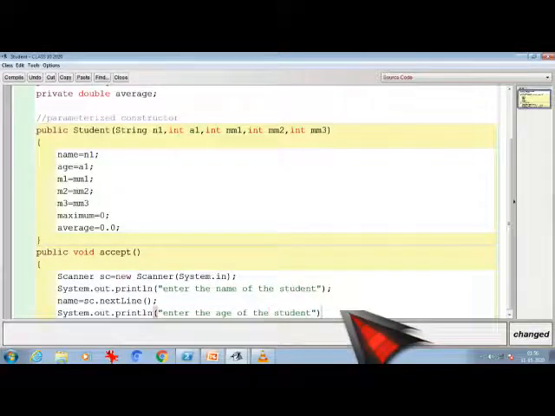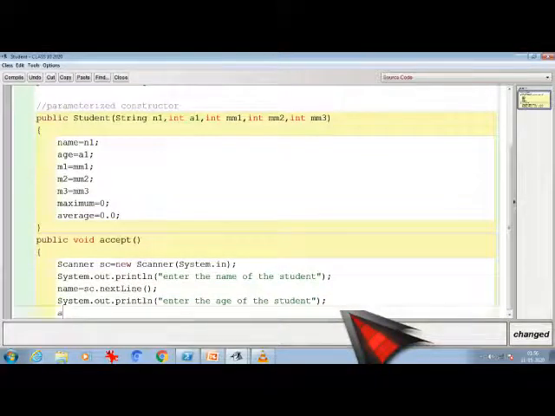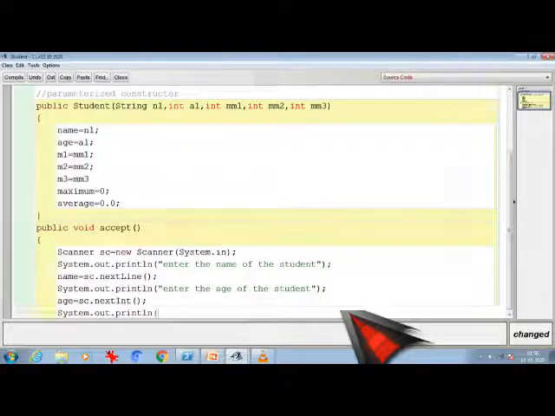Next line, age will be in sc.nextInt. I'm going to accept the marks of 3 subjects. So, enter marks of 3 subjects. I will take them one by one.